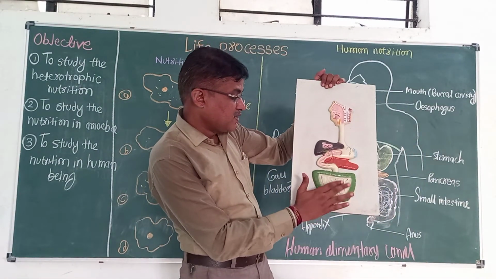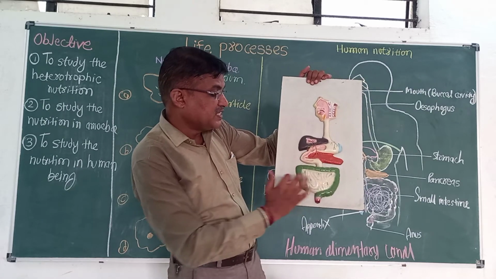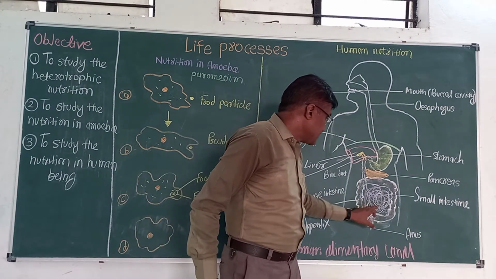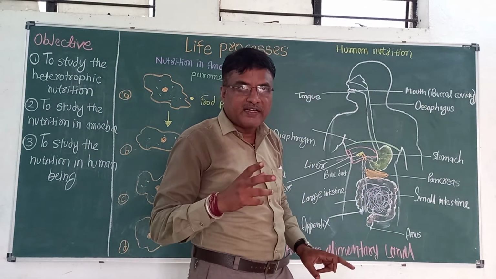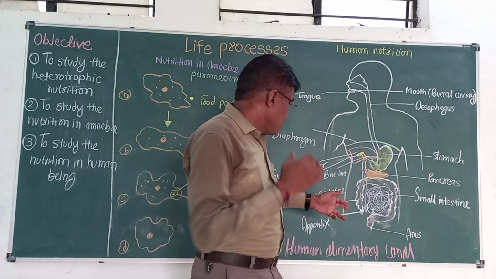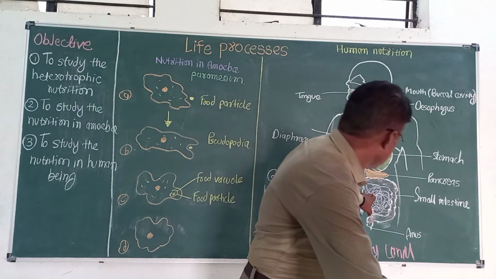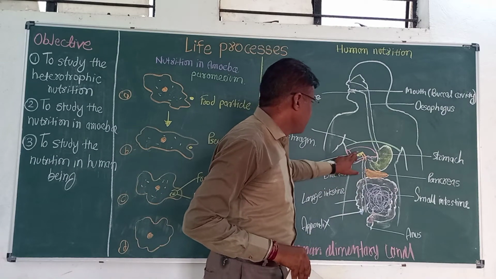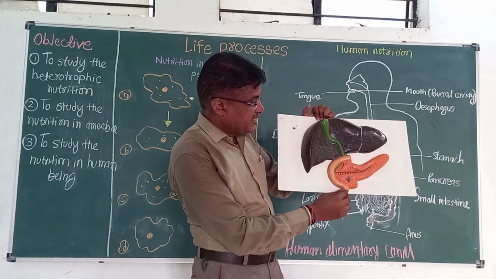See here in this diagram. This is the small intestine, and this is the large intestine. All of you got? This small intestine also has glands that are called Brunner's gland. That is in 11th standard in more detail. At first, we will see this small intestine, which part is connected to liver and pancreas. See here, this is the part of the small intestine.